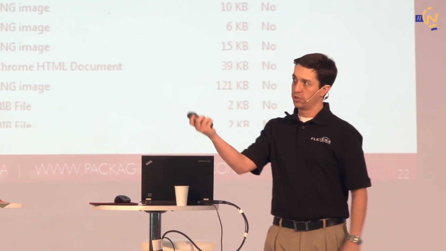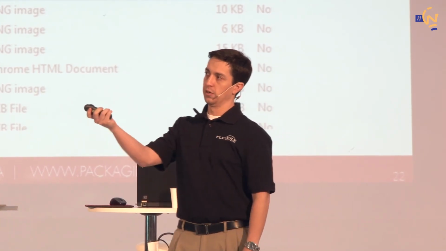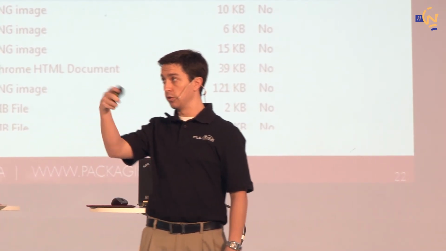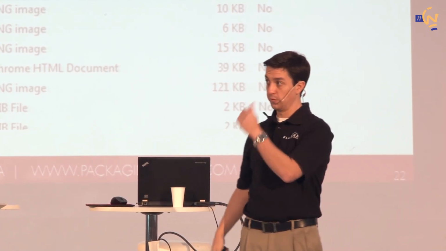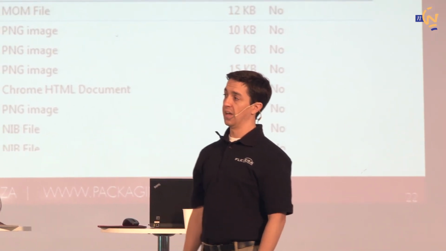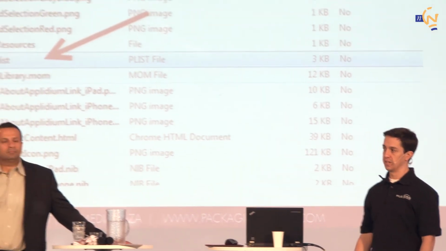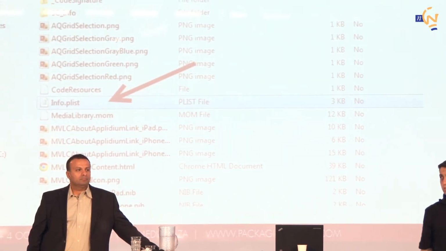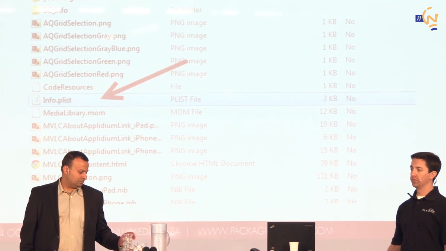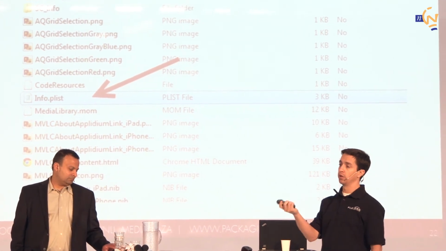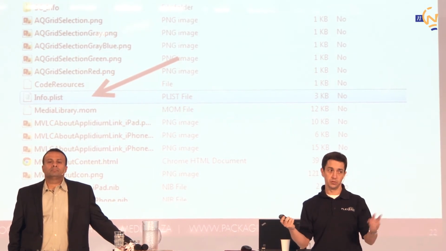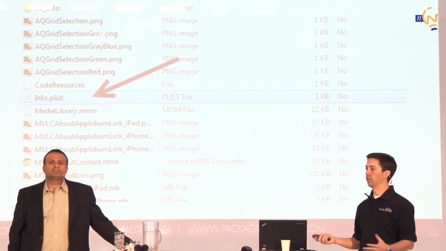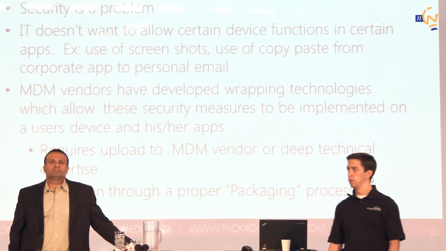So this is just a screenshot of a mobile app that I was working on. Actually, this is the package. It was called VLC, and you see the info.plist file in there. Again, it's laid out flat. Everything in there that you see is an asset for the app. But that info.plist file is critical, and each one of the Android packages, the iOS packages, the Windows packages has this file in there that can be read.